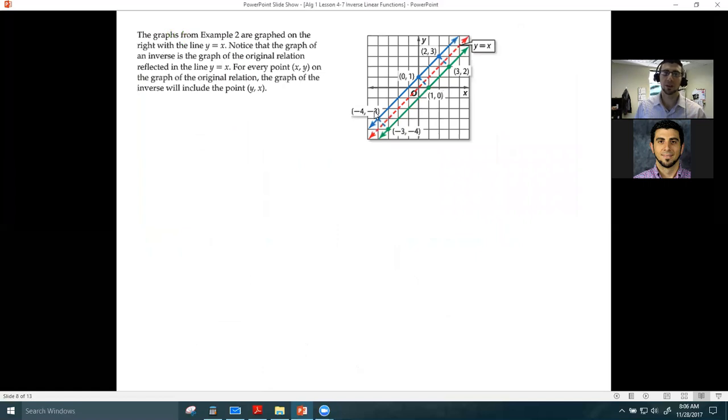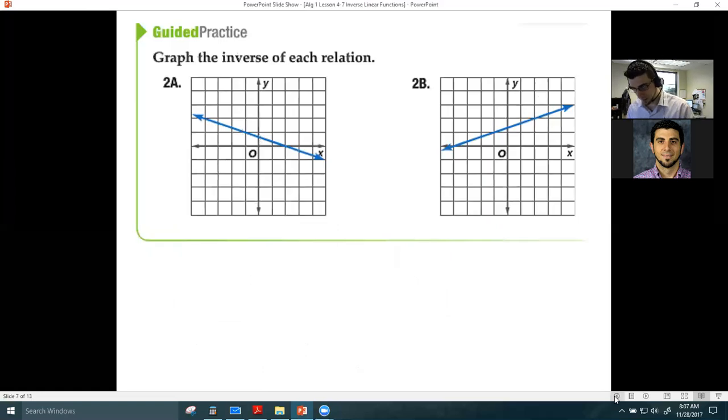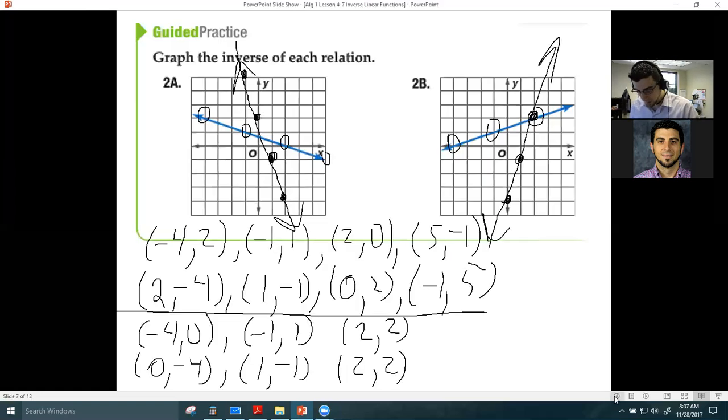So the graphs from example 2 are graphed on the right with the line y equals x. Notice that the graph of an inverse, and this is what I was talking about, is the graph of the original relation reflected over the line y equals x. So if I just go back here and put these back on, okay, if I graph the line y equals x here,